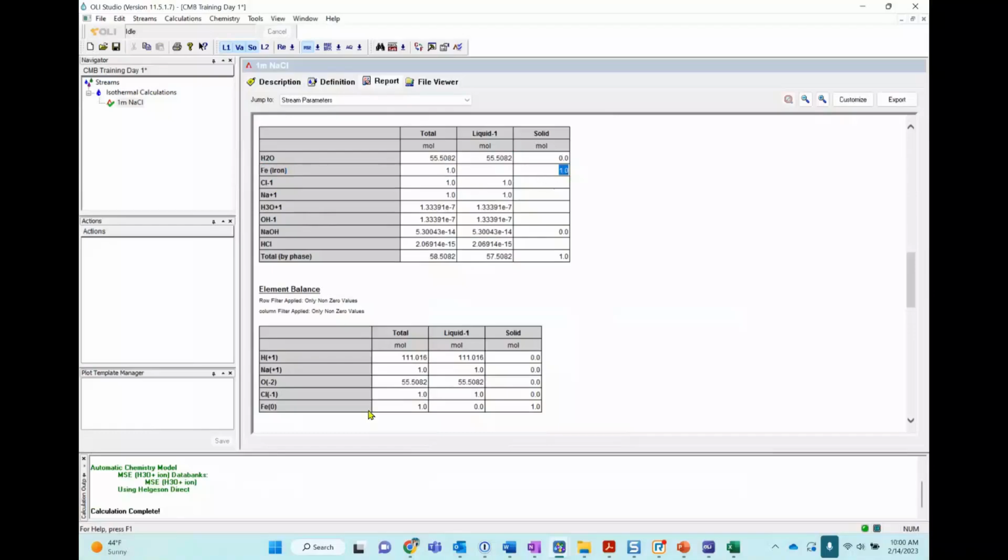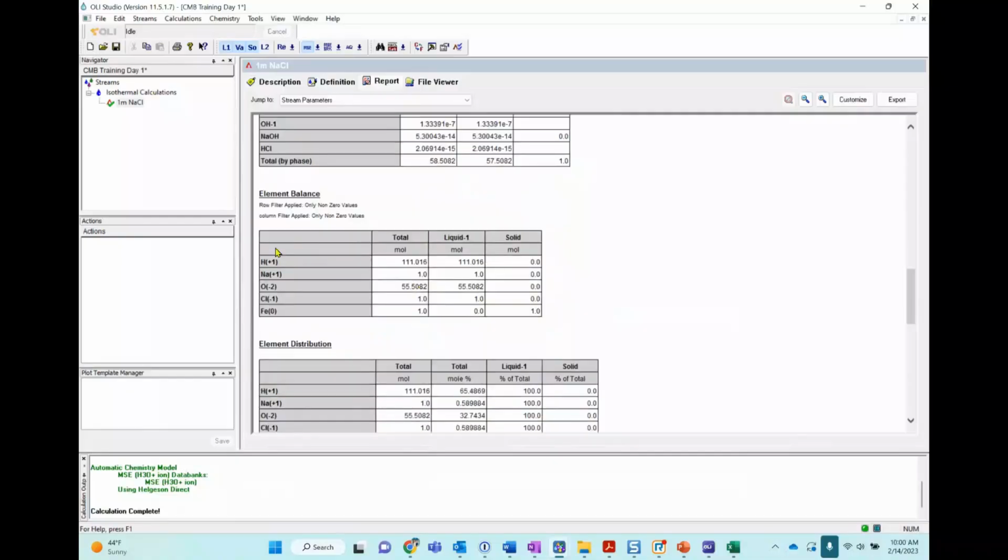Notice that in here, nothing is happening with the iron. It's not oxidizing, it's not reducing, it's doing nothing. It's basically an inert. But we know that if you put a piece of iron in water with sodium chloride, it should corrode. So in here, what's happening is that the oxidation state of that elemental iron is remaining the same.